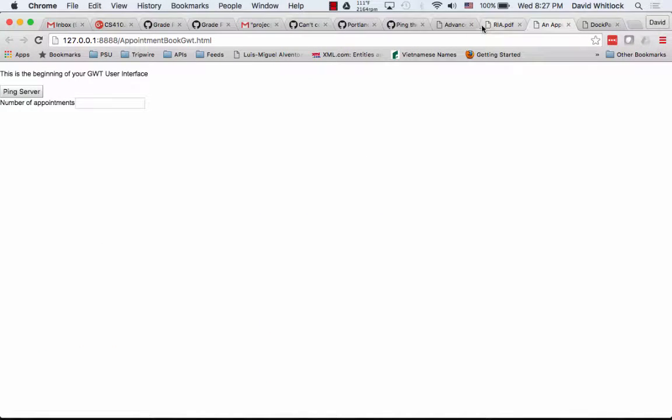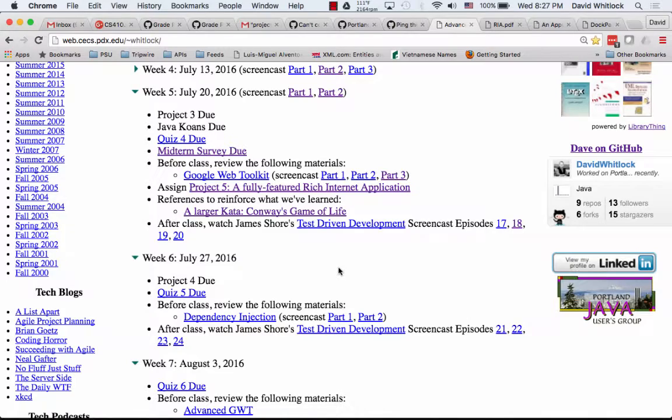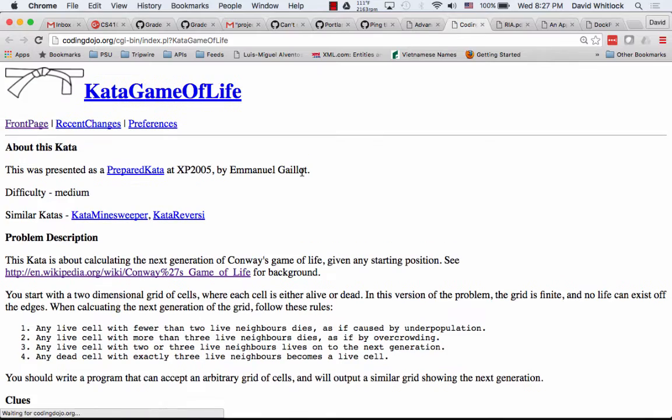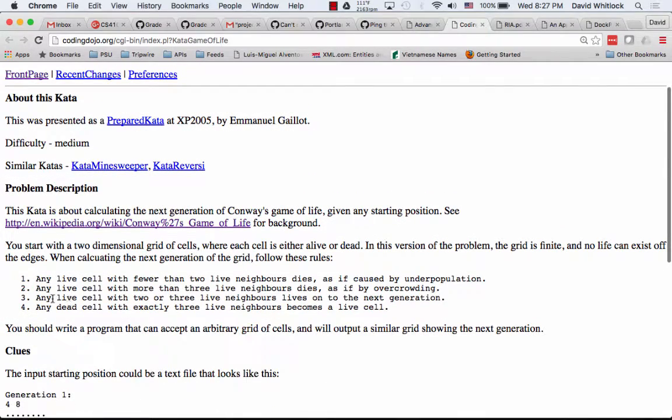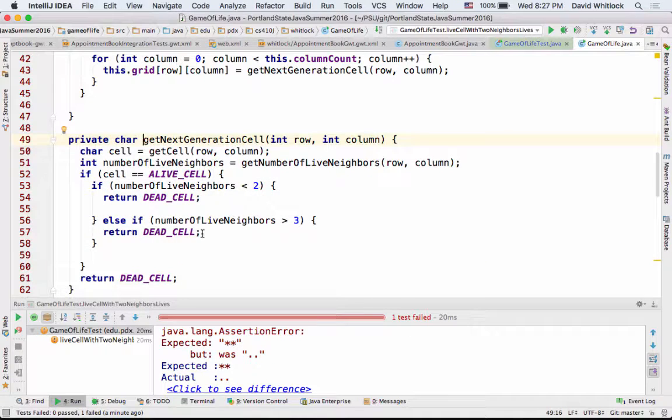So if it's got buddies. If it has 2, it stays alive. Or 3. Well, if it has 3 and it's dead... Any live cell with 2 or 3 live neighbors goes on to live. I thought overcrowding was more than 3. So 3, yeah, so it's got more than 3, live. So I just need to implement that. So if it's greater than 3,